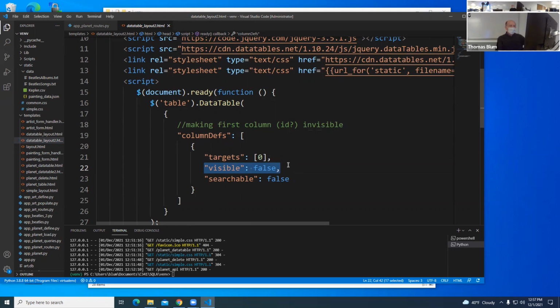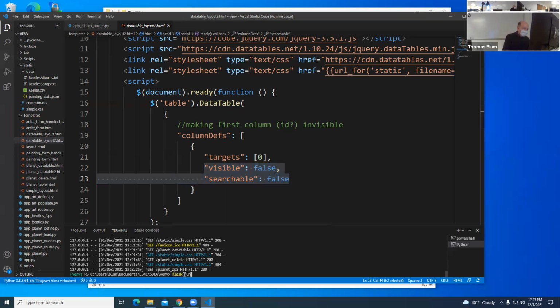So we won't see the IDs. The information is sort of there, and I put it in something behind the scenes, but it's not something that the person will see. Okay, so let's run this.